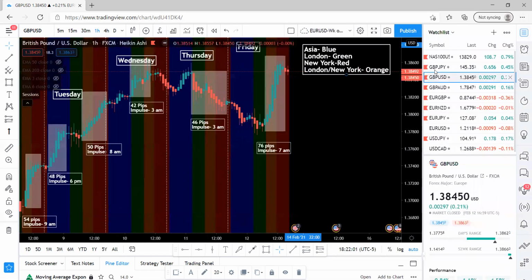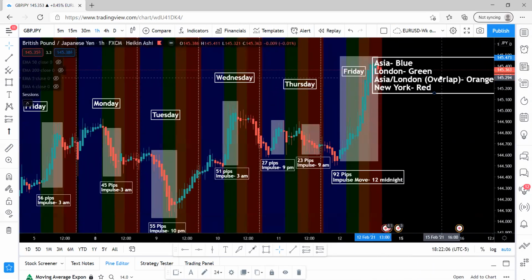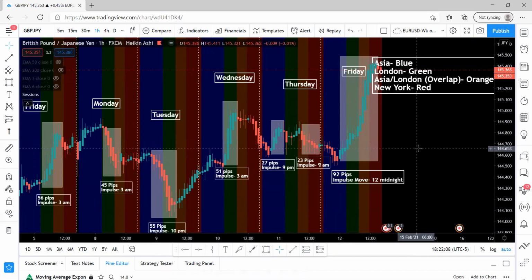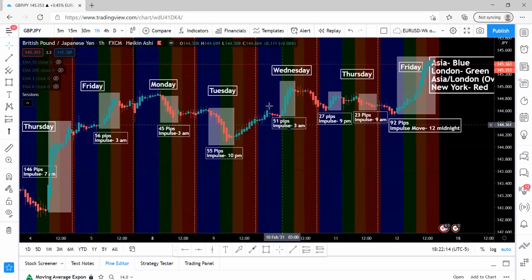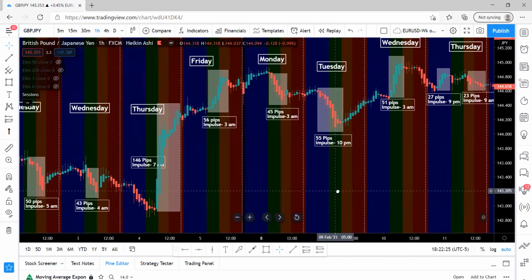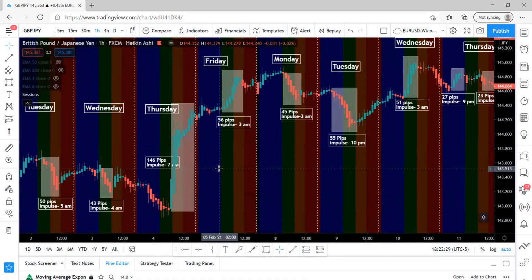So I did do one for GJ because I like to trade the London pairs, or the GBP pairs, I should say. And as you can see, I did the same thing. This is what it looks like. This is what it's broken down. You want to label the days to make it clear what day it is. And I just made notes to see when the pair was moving and at what time. And the color-coded sessions make it easy for me to see, okay, this is typically moving